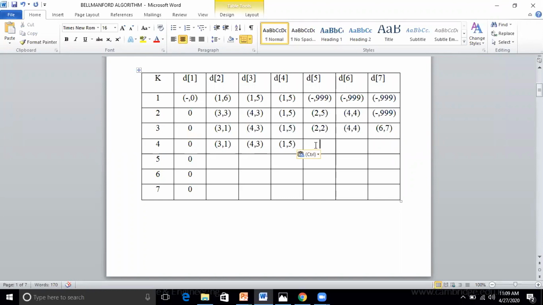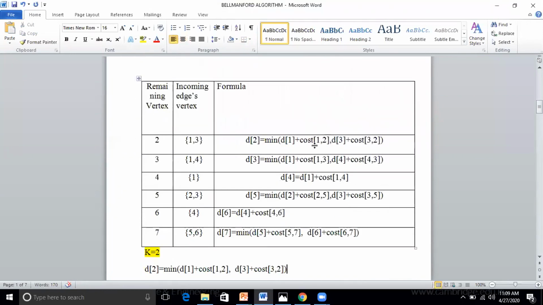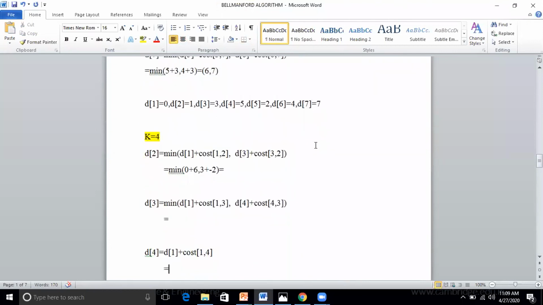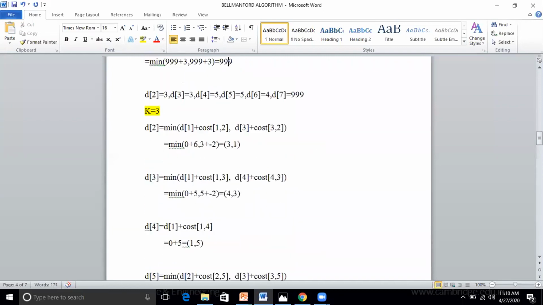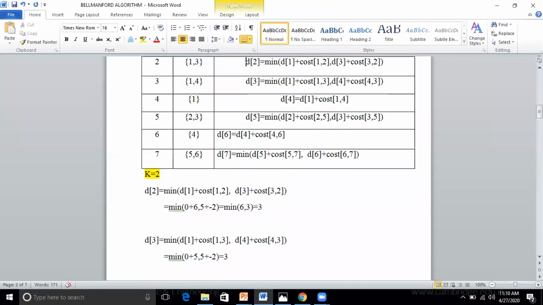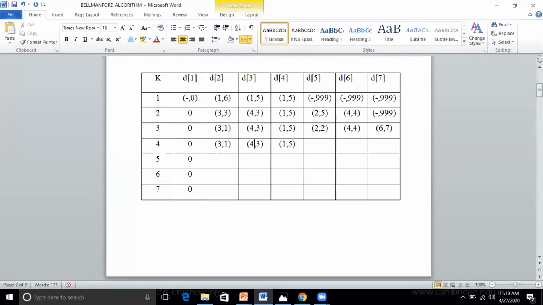What about D of 5? Now it will change. Please tell me the values for D of 5. D of 5 is equal to min of 1 plus 1, plus minus 1. Very good. Then D of 3 is 3 plus 3, plus 1. Which is minimum here? 1, 0, minus 1. What do you get? 0. Via which node you are getting that 0? 2, 0. So I'll write here 2, 0.